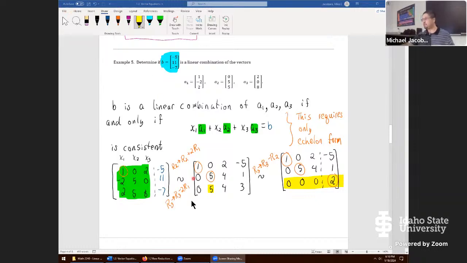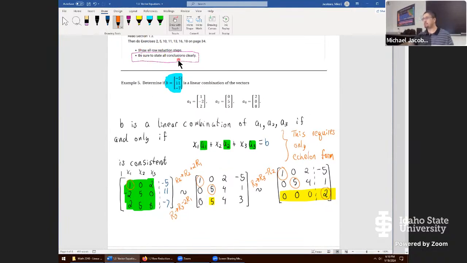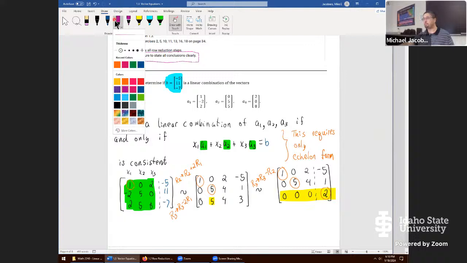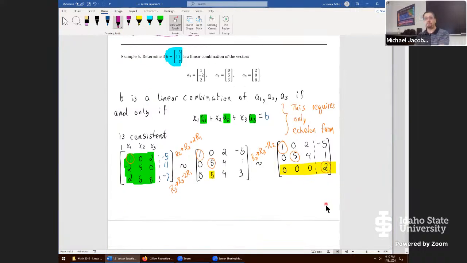So when you're doing this kind of problem, sure, you'd have to show the row reduction. You don't have to do this work right here. This was more us just getting started, getting used to the problem. But when it comes to this portion, state your conclusion clearly. This is about what you would be writing down for this problem. I'll try to write it down minimally, so this is what I would consider very, very brief. You're not writing down a whole lot. I would write to this stage, inconsistent, so B is not a linear